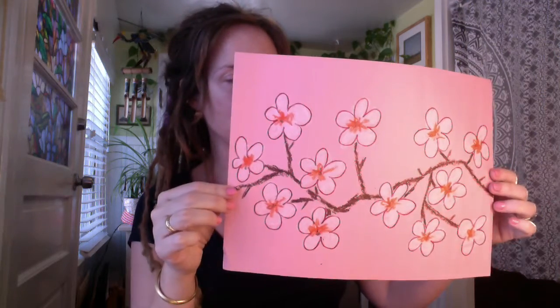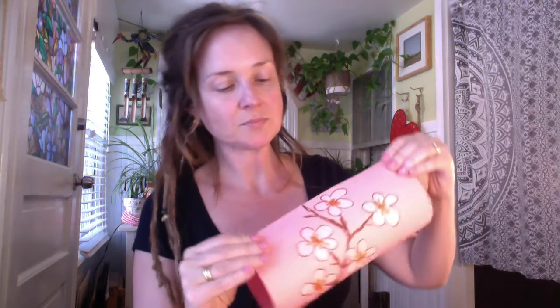And what I've done is I've tried to make this match up so that if I roll the paper around here and I put it there, it only matches on the very end. You should probably make it match more like an inch or two in. If you want it to look like it continues around your lantern when it's finished, you'll want to make sure